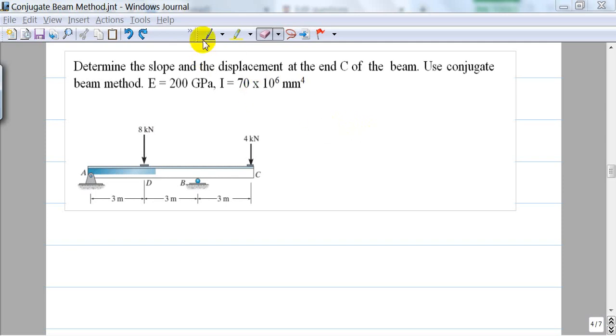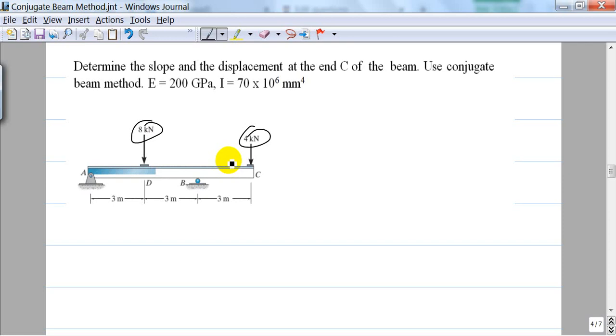Okay, now let's look at how we can solve a simple problem using the conjugate beam method. Here we have a beam loaded with an 8 kilonewton load and a 4 kilonewton load, and it has an E value, Young's modulus, of 200 gigapascal, and a second moment of area of 17 times 10 to the 6 millimeters to the 4. Now we have to